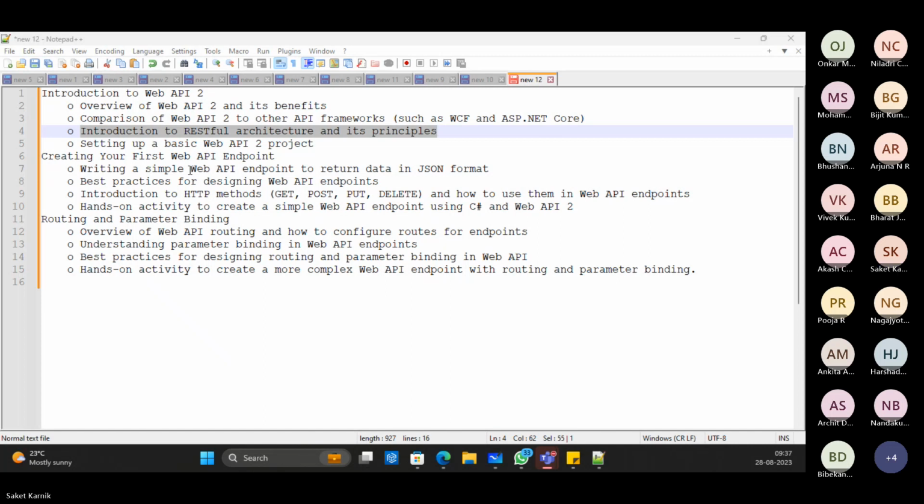And then the implementation, where we'll see how to set up the web API 2 project, how to create a simple web API endpoint that returns data in JSON format, the best practices for designing the web API endpoints, and an introduction to various HTTP methods like get, post, put, delete, which are heavily used for CRUD operations to be performed via the APIs. Ultimately, how to use them in web API endpoints is the next thing. And then definitely you'll be building some application based on the concepts. And in the process, we are also going to touch upon the routing and the parameter binding with respect to web APIs. Okay, so let's start with